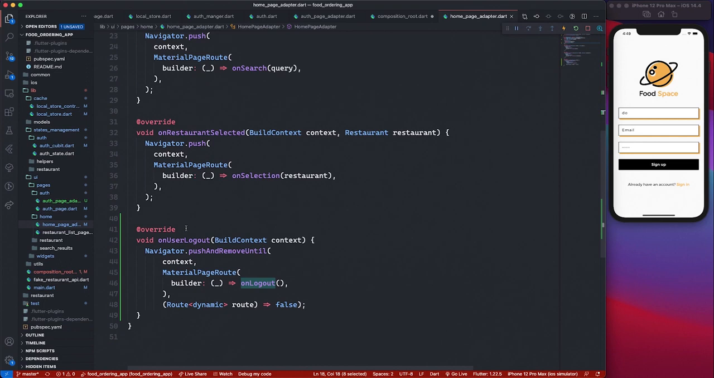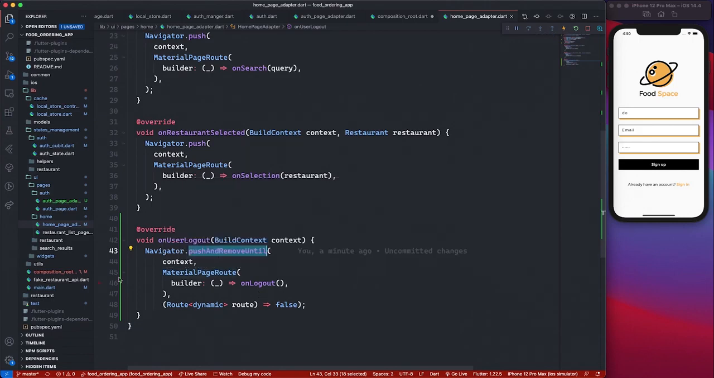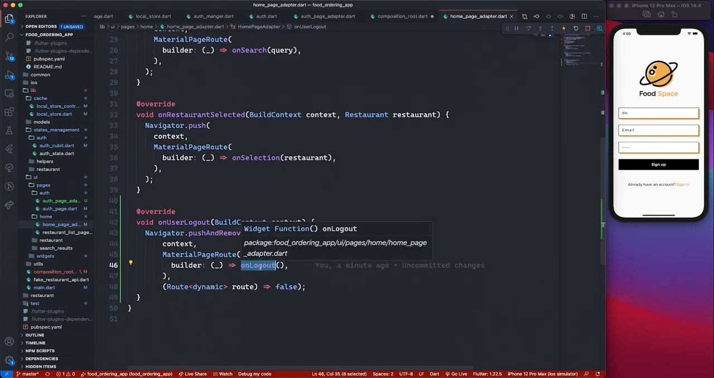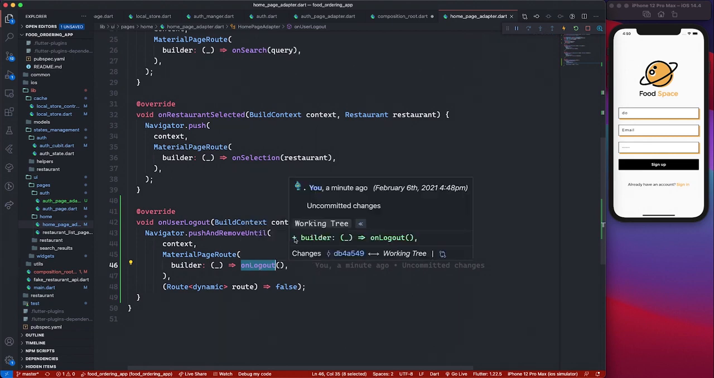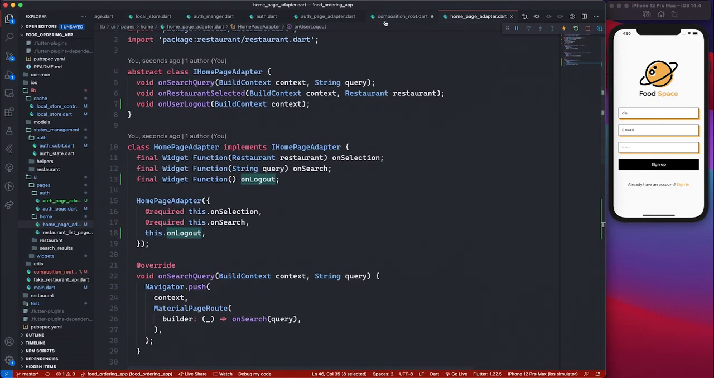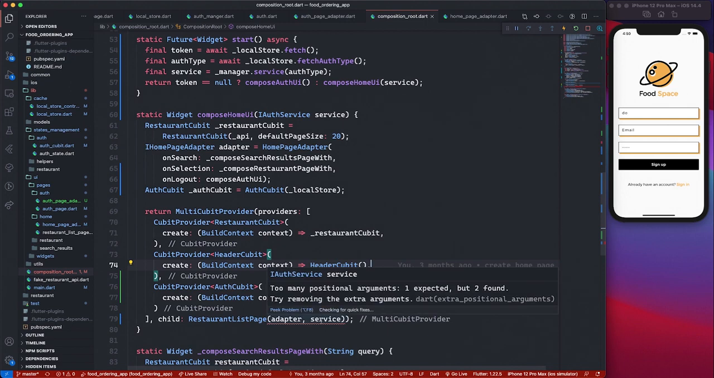And then for the onUserLogout, we basically do the same thing as the auth screen, which is to push and remove until, and the material route will build the widget that is returned by this method, and this method will in turn build all the dependencies needed for that screen. So we have our adapter, homepage adapter setup. Then we have here